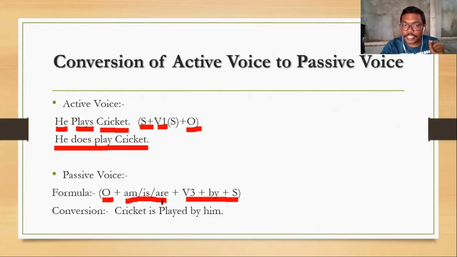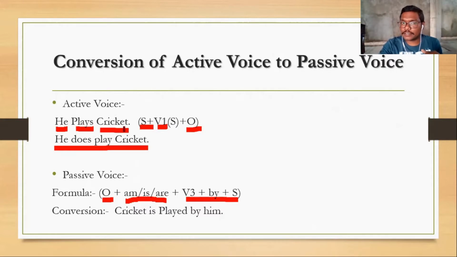If you are able to remember these helping verbs, it is easy for you to remember the structure of the simple present passive voice. Okay, see, when the subject is I, you have to use am. When the subject is singular, you have to use is. When the subject is plural, you are going to use are. That's it. According to the structure, we can make or transform the sentence.